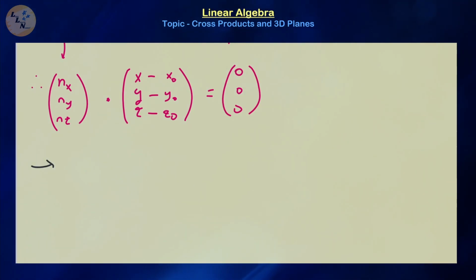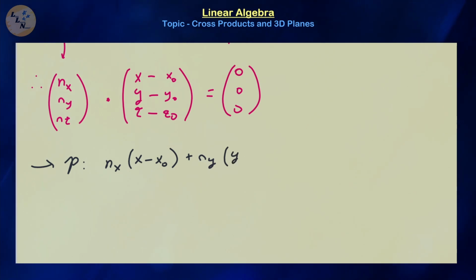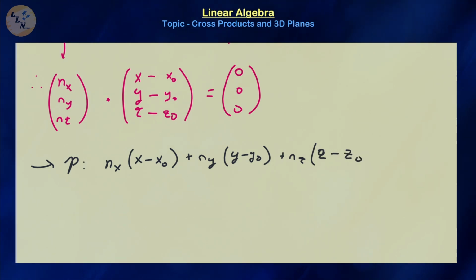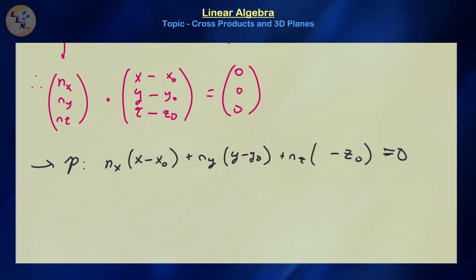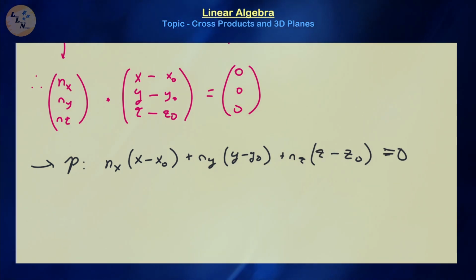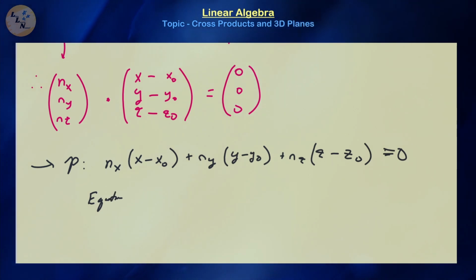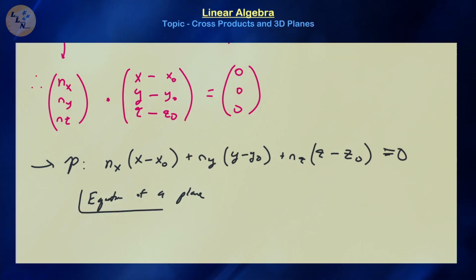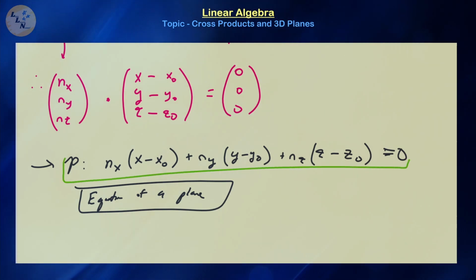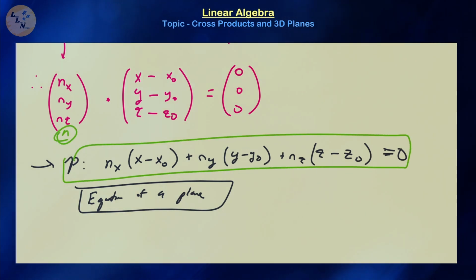We're going to get the equation of our plane P, which is nx times x minus x0 plus ny times y minus y0 plus nz times z minus z0 is equal to 0. And that is the equation of a plane, right? So that's the equation of a plane,